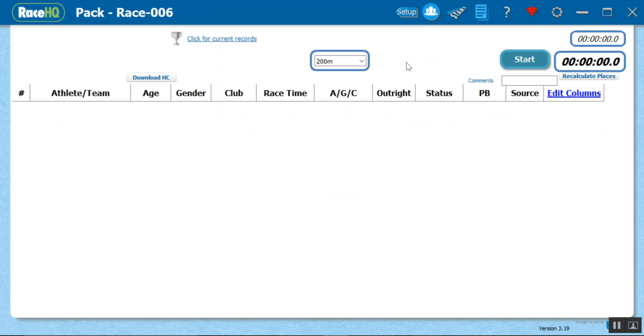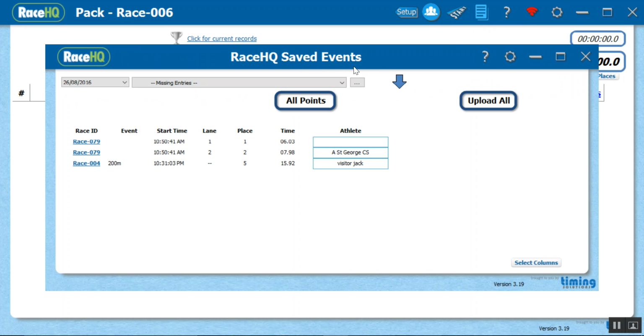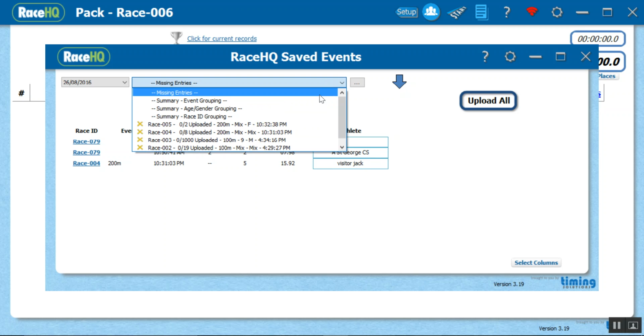and save. Now I've finished with the racing for the day, I want to go and have a look at my saved events. So come up here to my saved events icon. This then lets me have a look at any anomalies. So I put in Visitor Jack earlier, and there's also from some prior testing, there's some other information here. So I can go and have a look at some